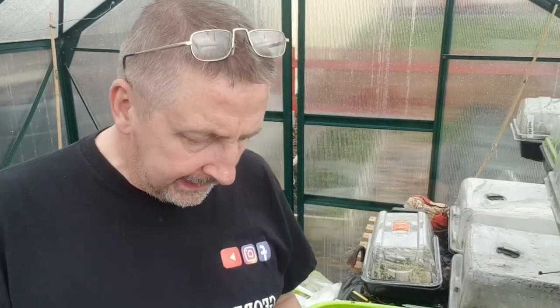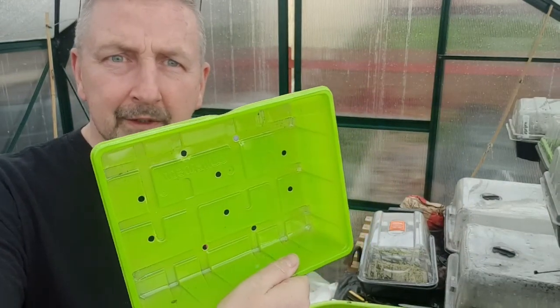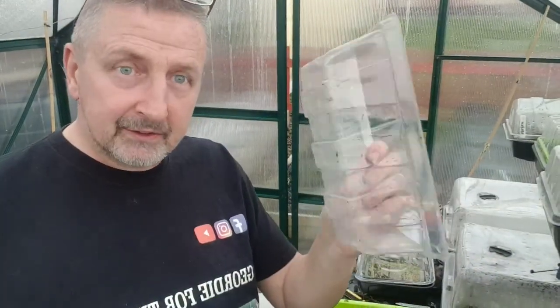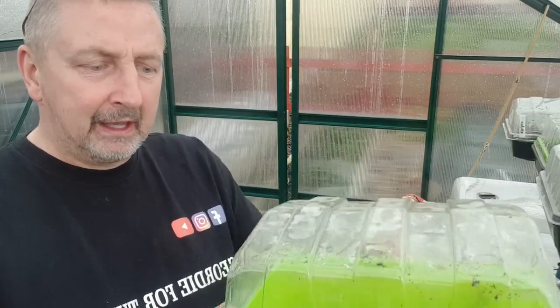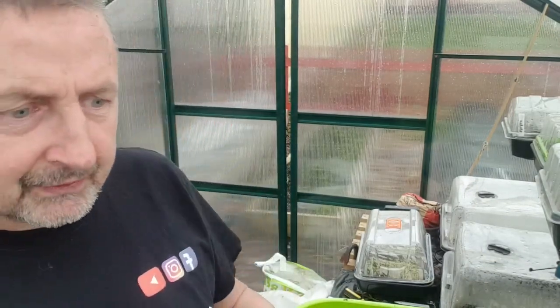Okay, with those done, I'm going to get onto the petunias. Now, a little tip for you. When you go into Wilko's, there's all different sizes of the bottom ones, and you buy the lids and some of them don't fit, yeah? So when you're there, make sure you're getting the right ones for the lids. And these ones, the green ones with a lid, they fit perfect. The black ones, yeah,